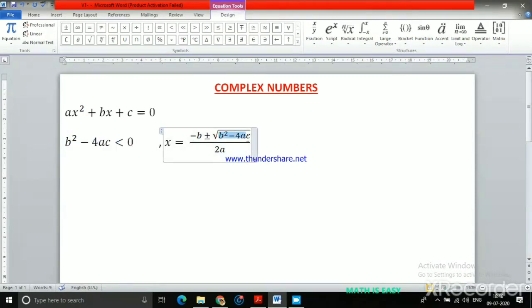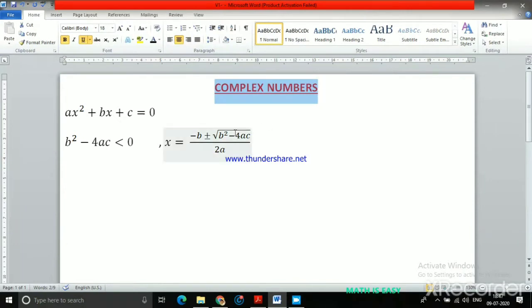you have under root of a negative number. Under root of a negative number, we don't have any real number, or we don't know how to define them in the real number system. We are going to introduce another number system which we call complex numbers, which give the solutions to such type of equation even when you have a negative term inside the square root. So till class 10th we don't know how to solve terms which are negative inside the square root. From this year onwards you will be able to solve numbers even if they are negative inside the square root or cube root, whatever it is.